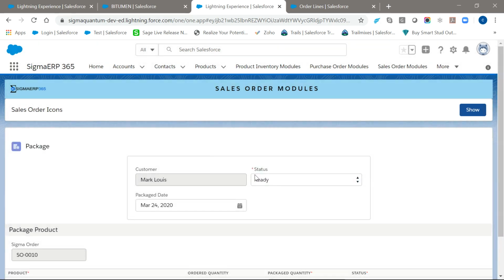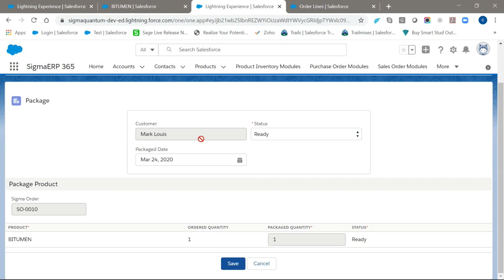It will have the package record created for the customer with the ready status. Here we have different statuses available. If the package is being done and it is not ready to be shipped, it can be placed in progress status.